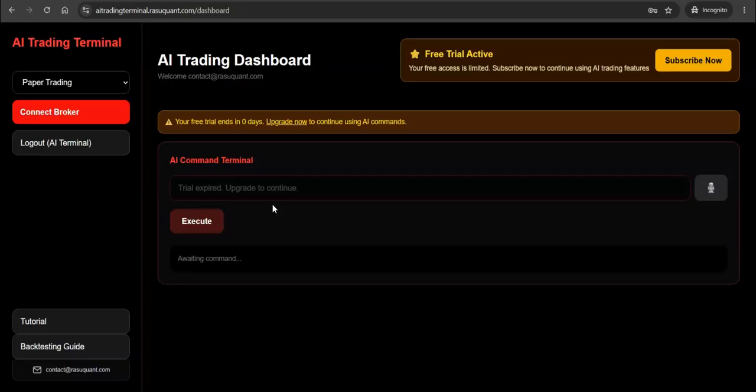So I suggest use it as much as possible and see whether this is something that you might require on a longer term or not. All right, so once those 7 days are over, this execute button will be disabled and then you will have